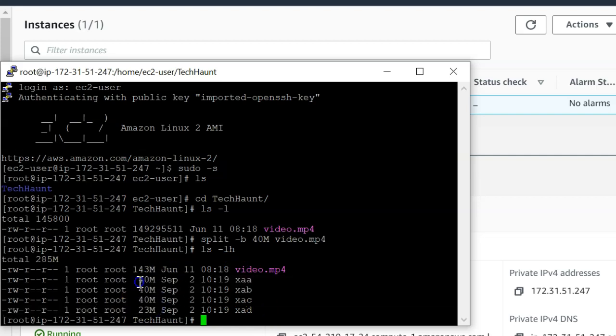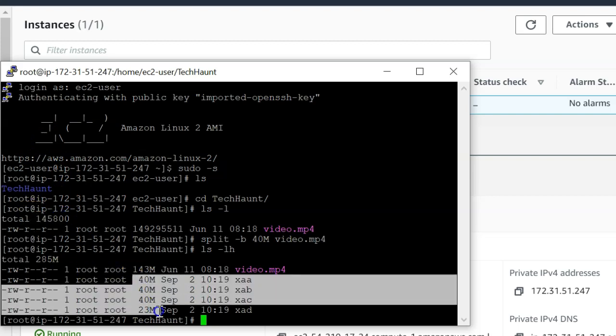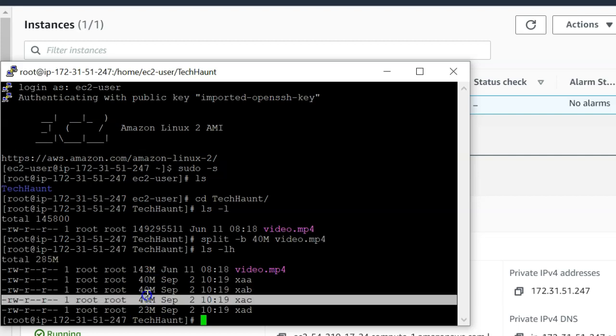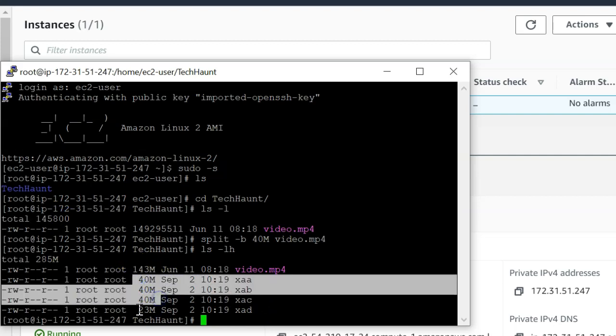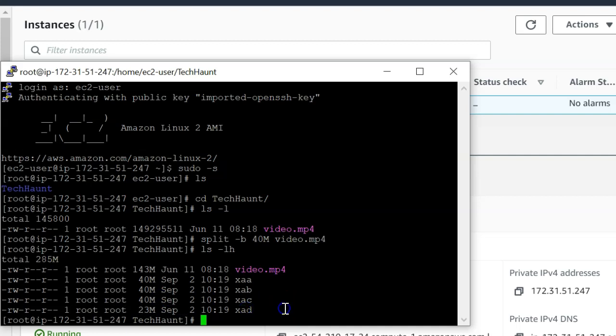The file was almost around 143 MB: 40, 40, 40, 120, and 23 MB. That's the 143 MB total file, and the first three files are 40 MB, and then the remaining part goes into our last chunk. Here you can see the XAA, XAB, XAC, and XAD. That's the sequence.